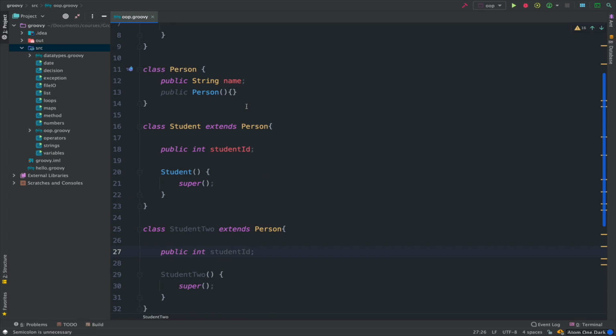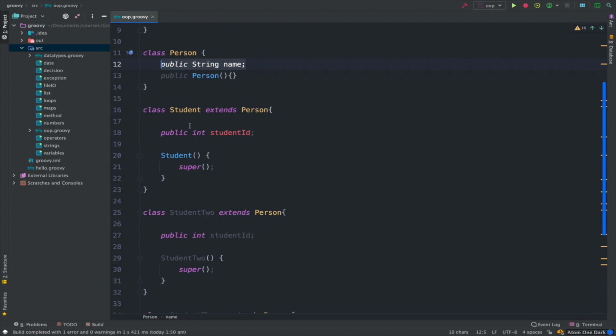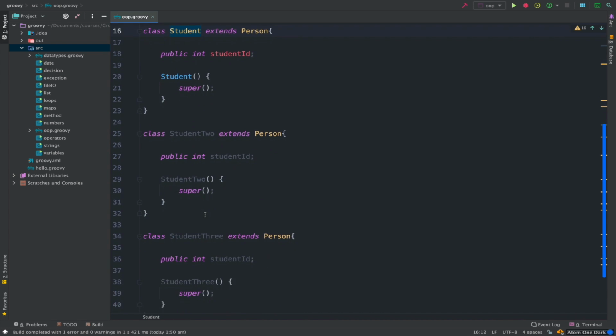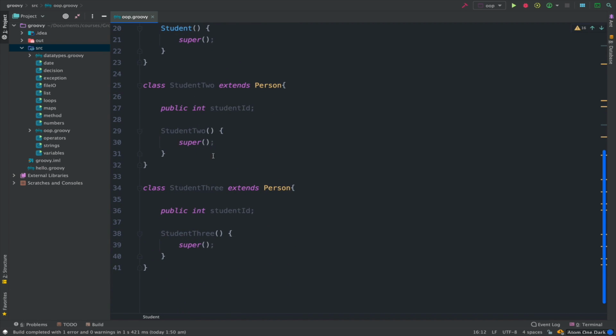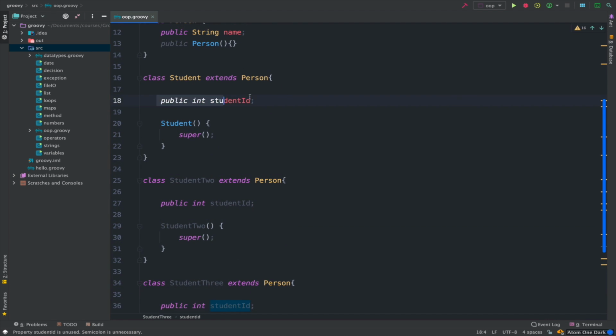Okay, so let's just say that you have 1,000 students in your class. You're gonna have to define a name property for every student class that you're creating. So you got a student, student1, student2, student3, and every student, just like student ID here, will have to have this property specifically written.